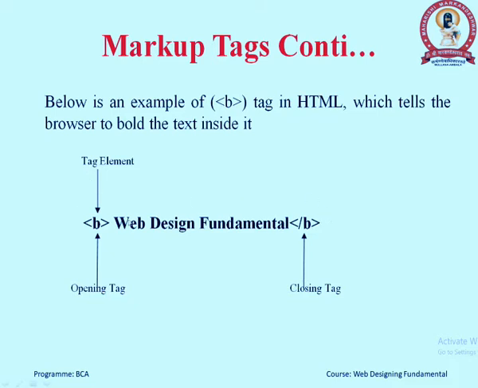By following this whole structure we can declare our tags. Suppose the first tag, this is the tag element and it is also known as the opening tag, and we have written the content within here, and after writing the content we need to close that tag. But when we talk about singular tags, they do not have the closing tag. This one is missing in the singular tag, but pair tags contain both the opening and closing.